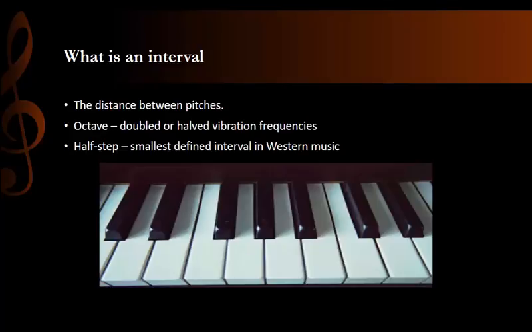And let me show you that here on the keyboard. You'll see in the black keys, we have a pattern of 2 black keys and 3 black keys. If you look at the 2 black keys on the left, the lowest one, and then you look at the 2 on the right, and again the lowest of that set, the distance between those 2 notes is described as an octave. And any of the notes that fall within the same pattern, the white key between the 2 black keys, up here again, that's an octave.